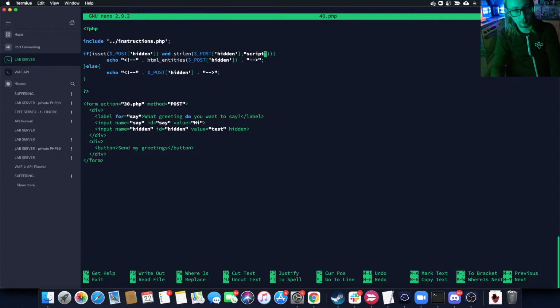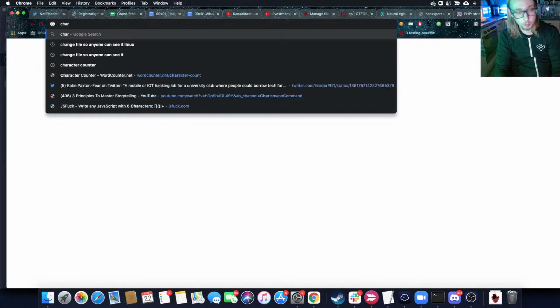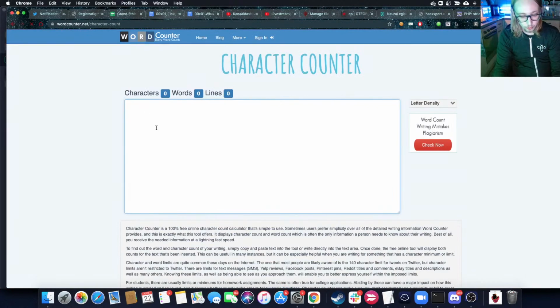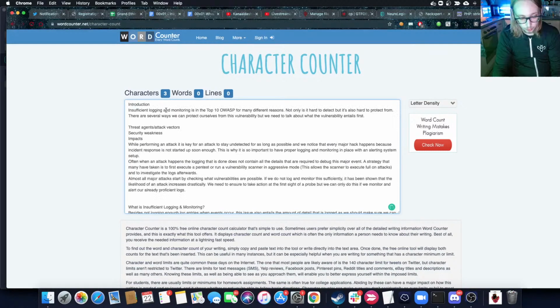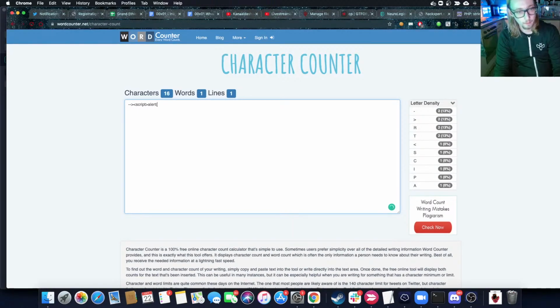I only want small tag vectors in this case. And string length for that is above, what shall we call it? Let's throw up a quick character counter. So I don't want script alert, I can use that one. Let's do it like this one, script alert /script. So we have 27 characters there,